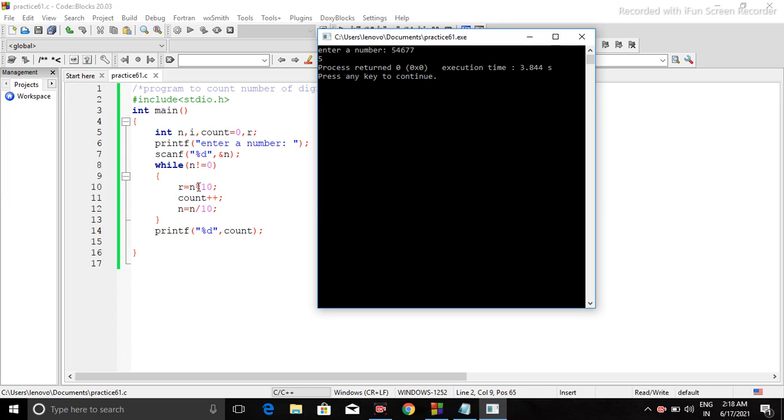Otherwise, in all other cases, if we have 1, 2, 3, any number, we will get a different output, but we get 0 when our n value becomes equal to 0. That is why we have used the condition n not equal to 0.